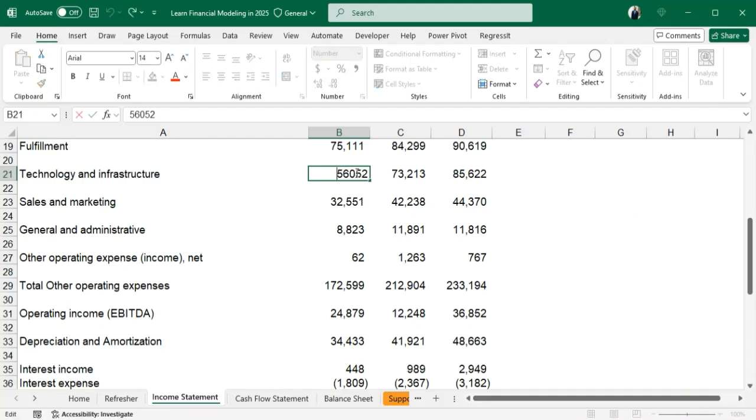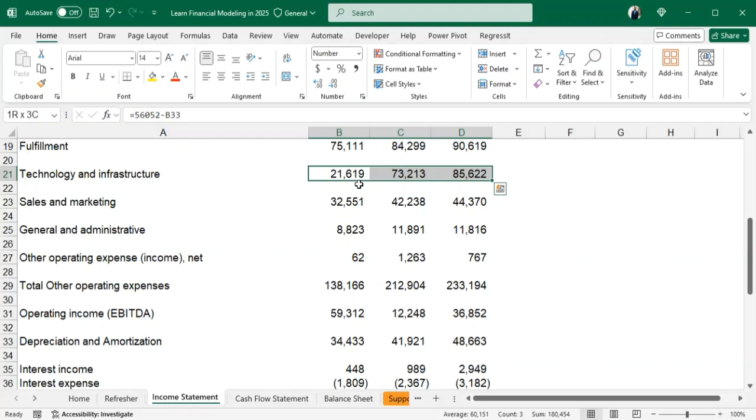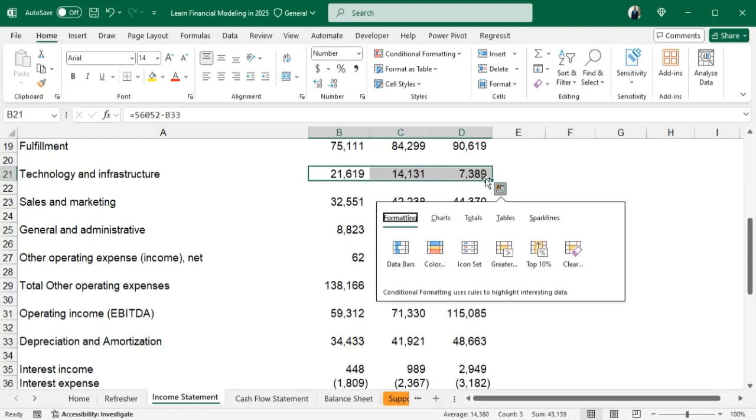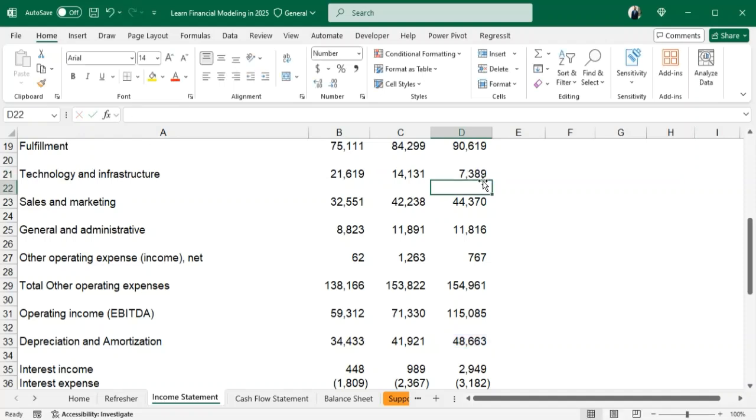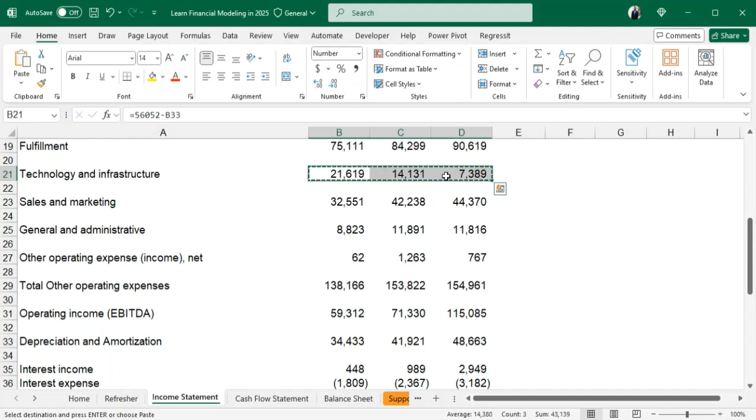So I'm going to double click, have my equal sign here, minus this item, and click enter. And then I'm going to copy my formula to the right. So these items now exclude our depreciation amounts. All right. So what I'm going to do is to copy this, okay, and then I'm going to paste